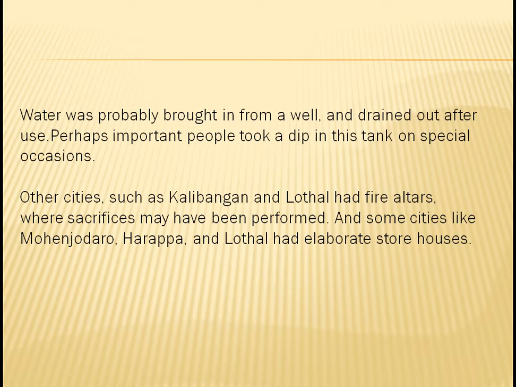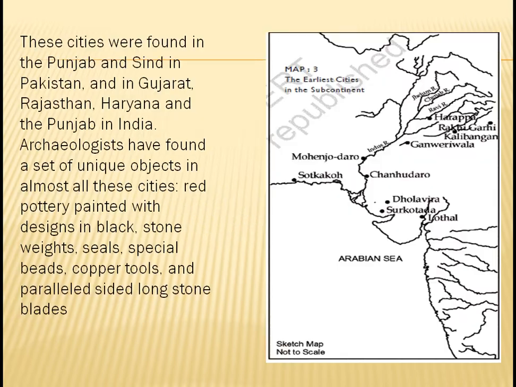Other cities such as Kalibangan and Lothal had fire altars where sacrifices had been performed. And some cities like Mohenjo-daro, Harappa and Lothal had elaborate storehouses. They were having the storehouse also to store their things. So these cities were found in Punjab and Sindh in Pakistan and in Gujarat, Rajasthan, Haryana and the Punjab in